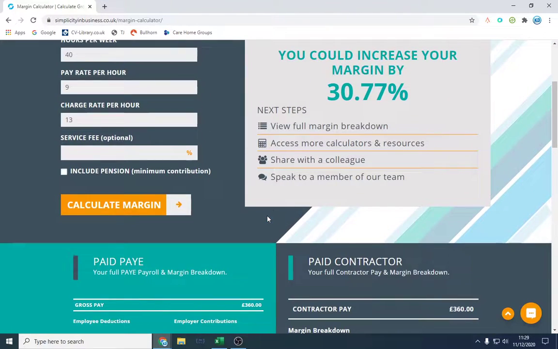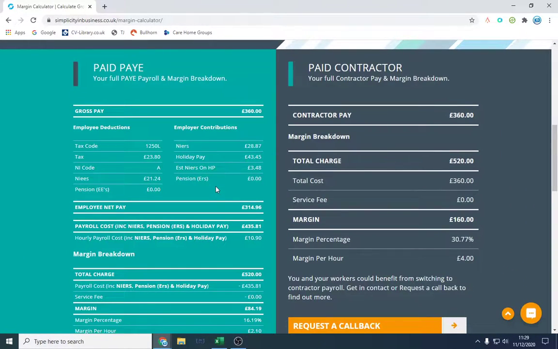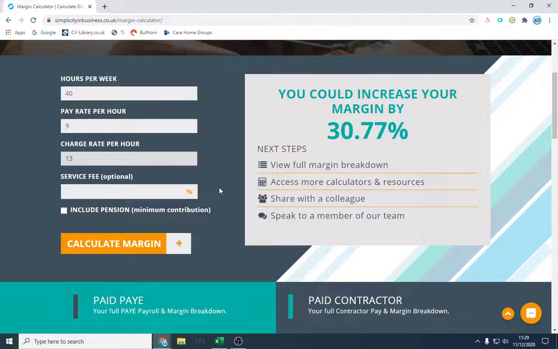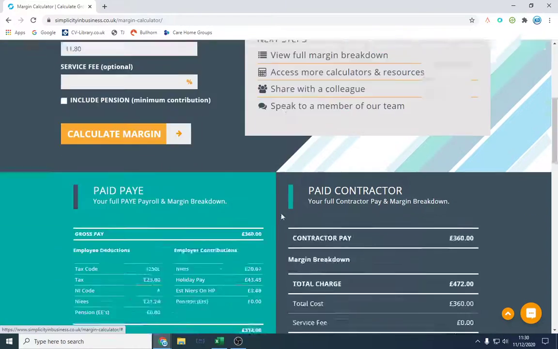Now, what you will need to bear in mind with this is most clients will not pay a £4 margin unless it's short notice. So if they call you on a Sunday night and they say, look, we need someone for Monday, you can get away with maybe charging £13, £15. But if you're looking at charging, hey, look, we need 3 guys to come into the warehouse, or girls, and we need them for 3 months because it's a busy period for us, you're probably going to be looking at maybe an £11.80 margin. Or if it's very high volume, like 50 people, which isn't uncommon, you could be looking at making